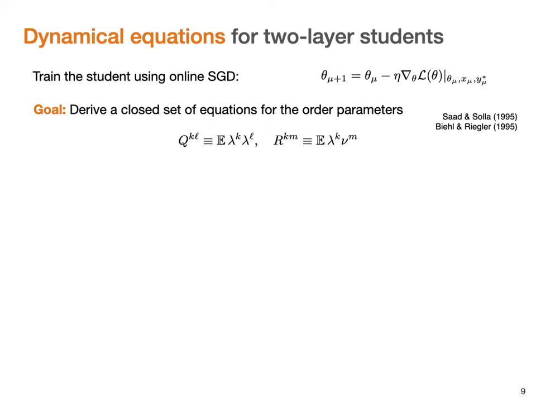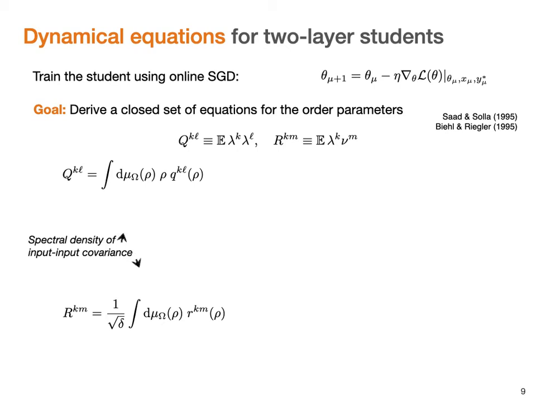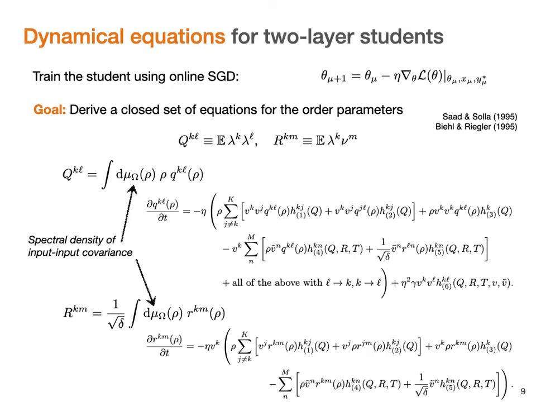And so our job here was to extend this analysis to this hidden manifold model that I showed you before. And it even turns out that this can be done. The trick is to rewrite these order parameters Q and R as integrals over a density, small q, small r. And these densities are parameterized by the spectral density of the covariance matrix. And one can then derive equations of motion for these small q's, small r's, and we do that in the